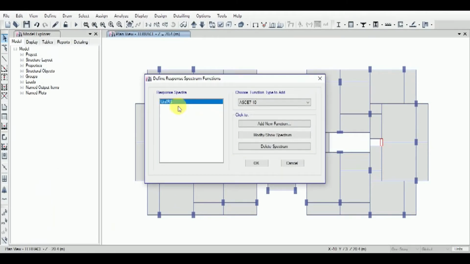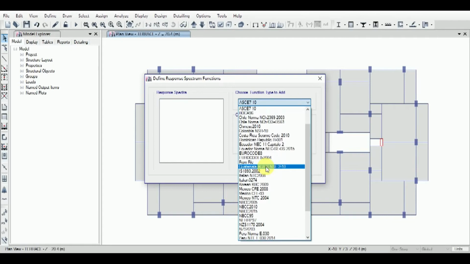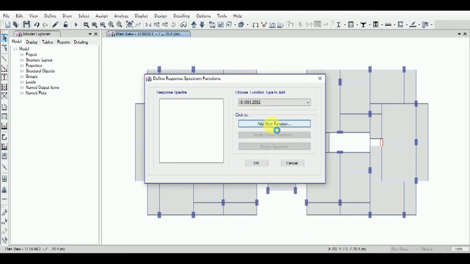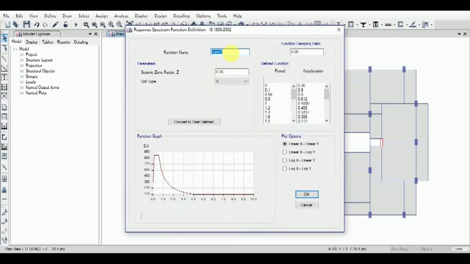In this, by default there is one function added which we have to delete, and now we have to add a new function as per our Indian code. Add new function. In this we have to give the name